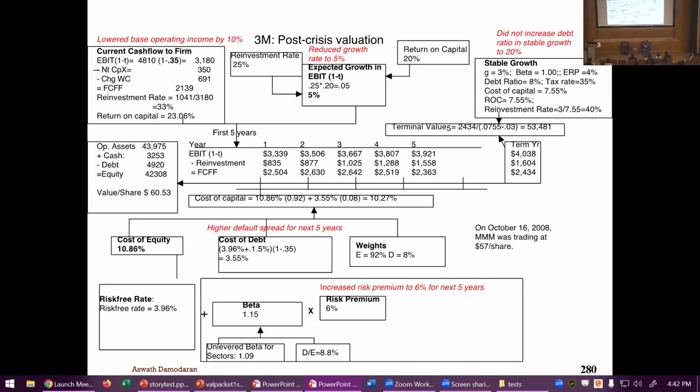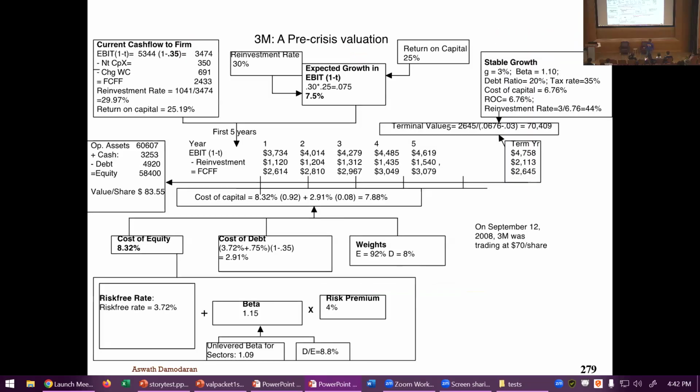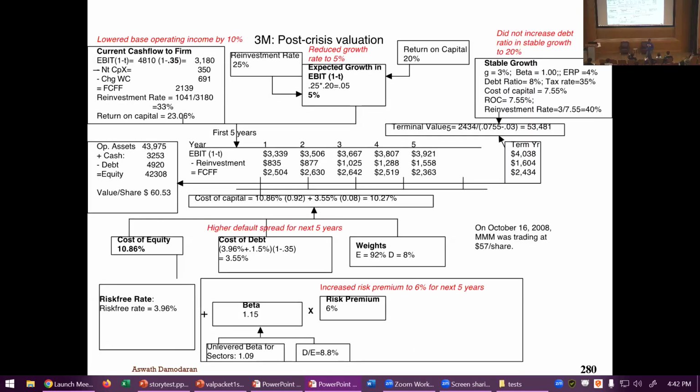On the numerator, I was still feeling my way around because the numbers hadn't got updated, but I knew that the chance of a recession had increased because of this crisis. So I reduced the growth rate from 7.5% to 5%. Still early, but I've got to make my best estimate. With those changes, the value per share I got was $61. $84, $61, right? Undervalued, still undervalued because the price dropped even more. I did buy 3M after the crisis. In fact, 2 weeks after that, stock had dropped to 52.